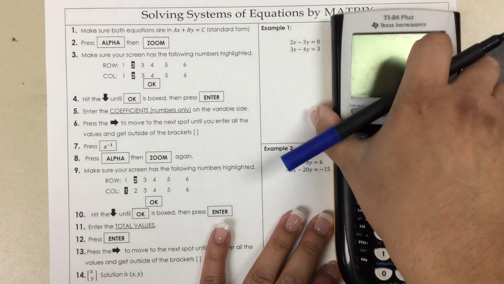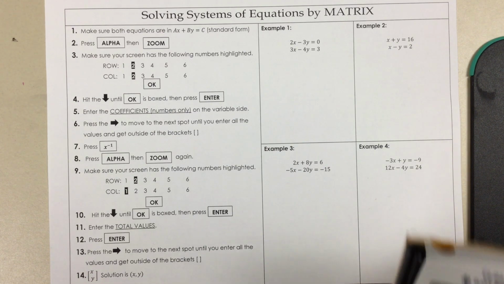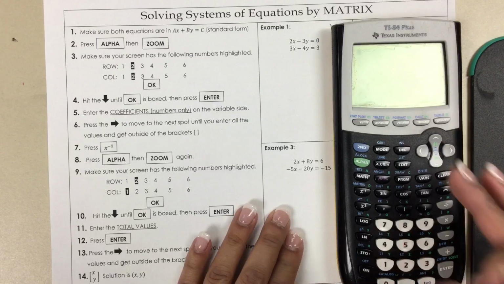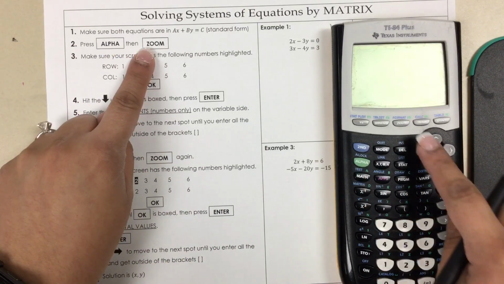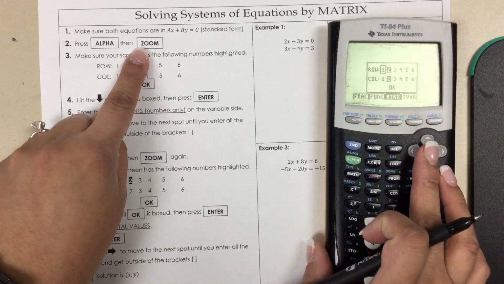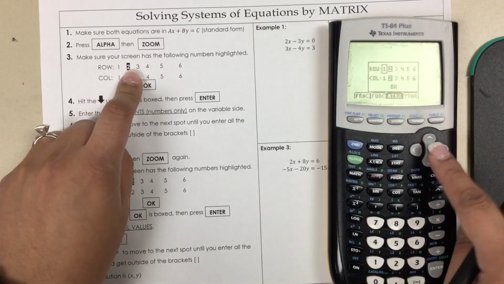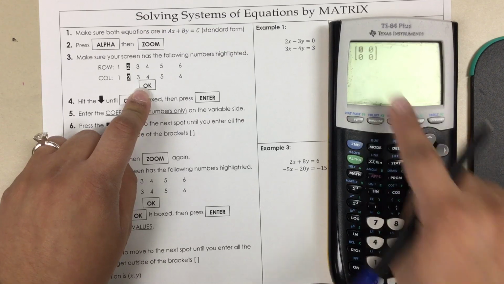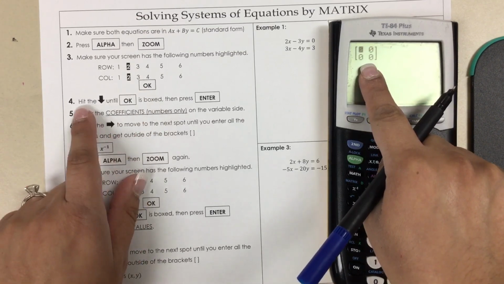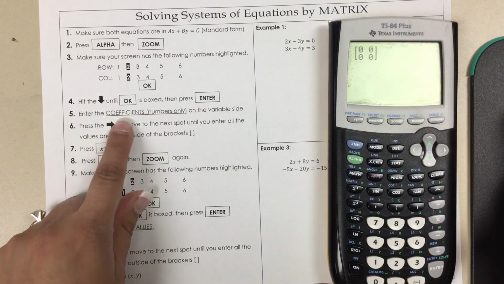Again, your x term, your y term, your constant is on the other side of the equal sign. Then you're going to get your handy dandy calculator. The next step is to press alpha, then zoom. So the green button is alpha, zoom, and it's going to ask you for how many rows and how many columns. You need to make sure your screen has 2 rows and 2 columns, and then go down and push OK. This screen is going to pop up. So hit the down button until OK is boxed, then press enter,